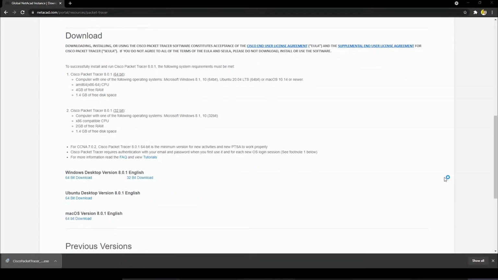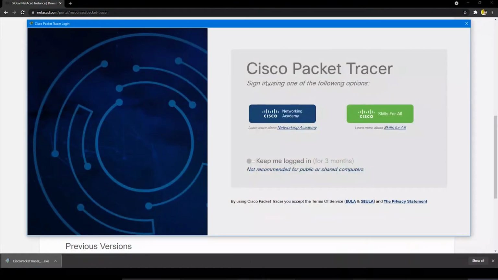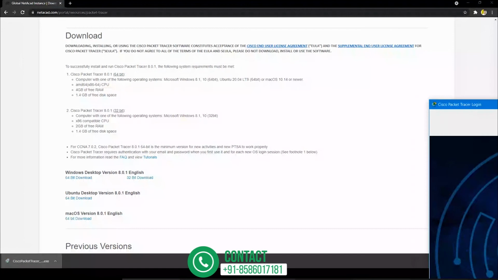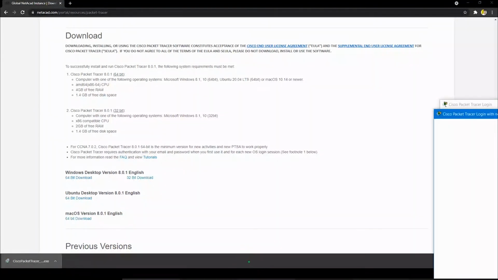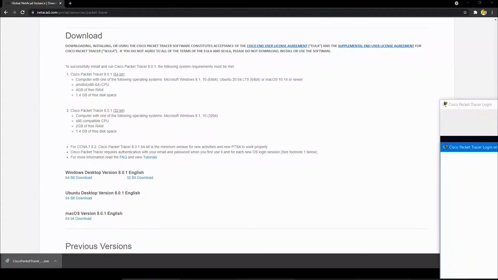Once you are done, you can find Cisco Packet Tracer in your PC and just open it. I'm sharing my window for Packet Tracer. It will ask you to log in.